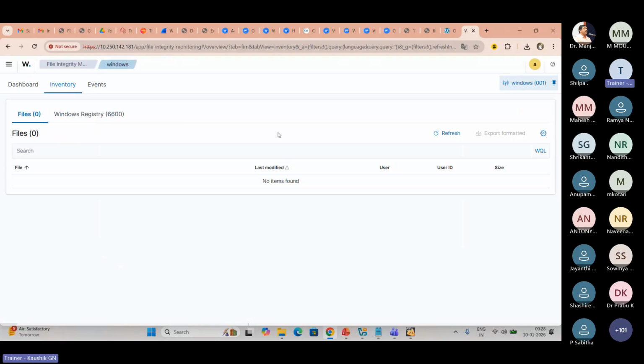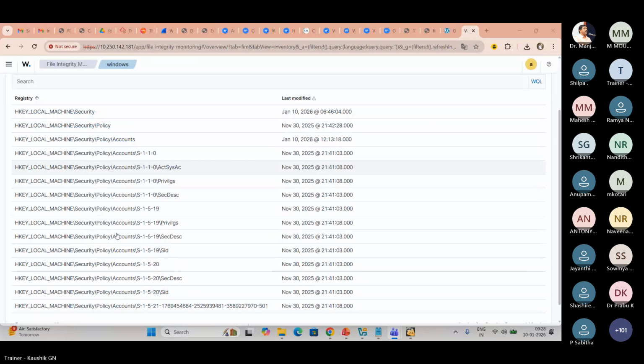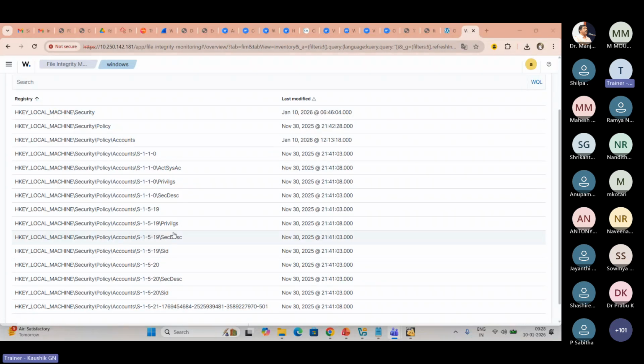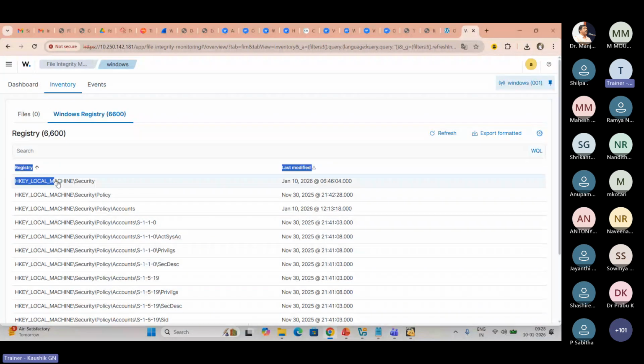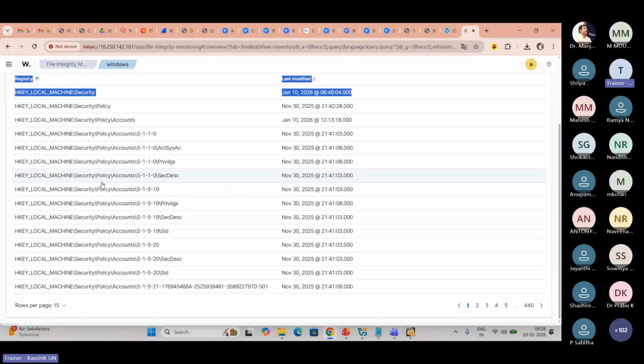This is my Windows. You can see here, this is called log. Whatever I have used is registered here. The Windows registry is registered. What are all the policies I have set? What are all the things I have added?